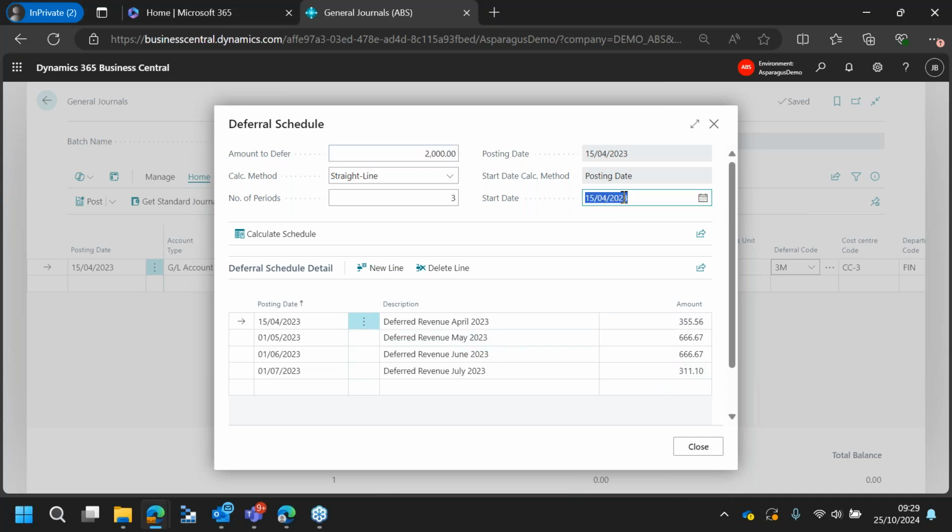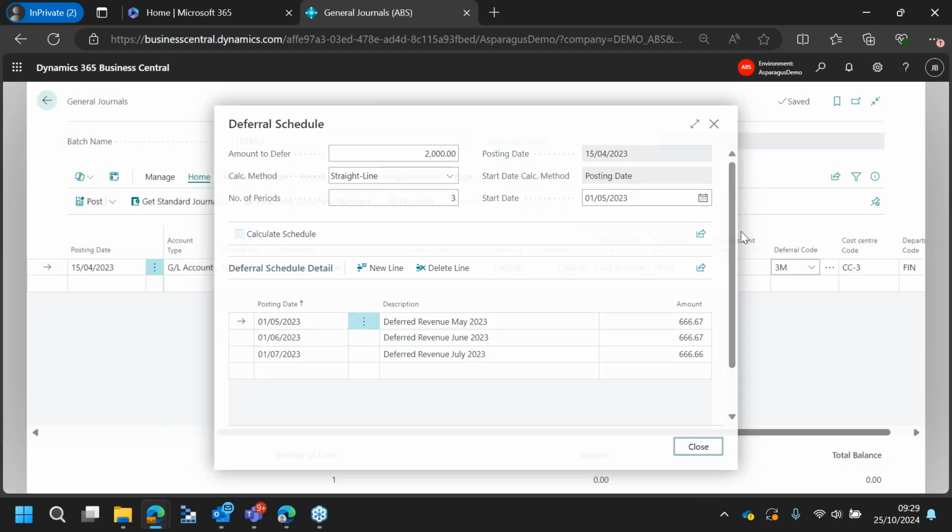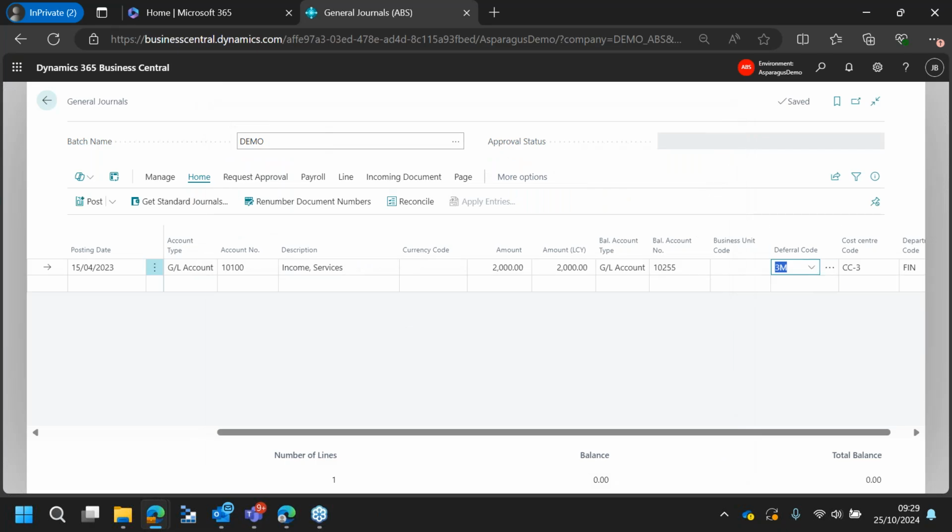But what I can do is, let's just say I wanted to start on the 1st of the 5th. Okay, so if I go 01/05/23, and you do have flexibility to do this, change the start date here, and then I can say recalculate schedule. What it's going to do is then recalculate the schedule, and then that will then be posted together with the journal. Okay, so if I go preview post,